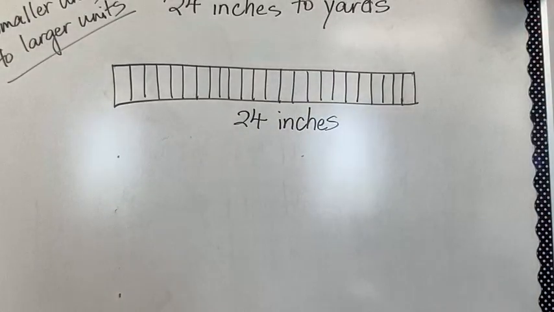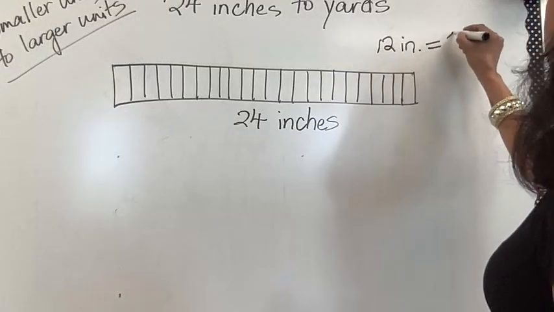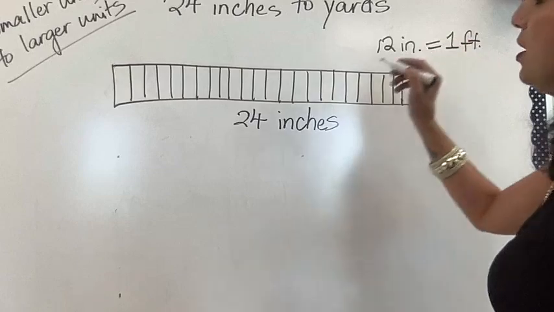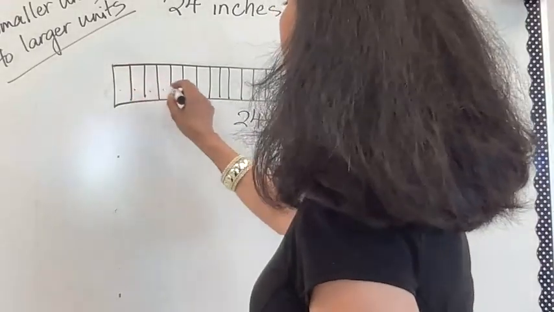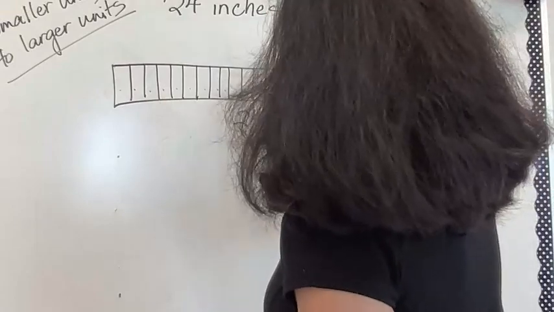All right, and then I know that 12 inches make a foot. All right, so 12 inches is equal to 1 foot, right? So 1, 2, 3, 4, 5, 6, 7, 8, 9, 10, 11, 12. So if I do this,